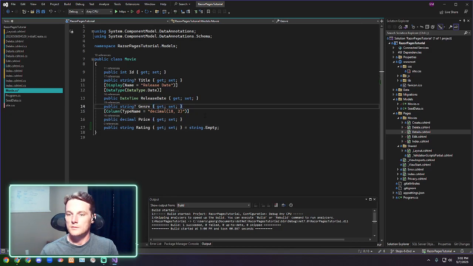And actually the compiler calls out adding this string.Empty default to these,